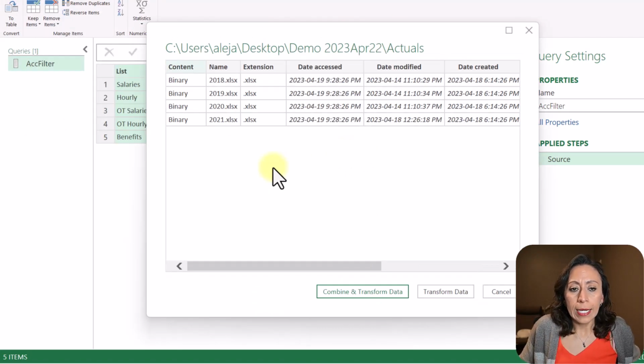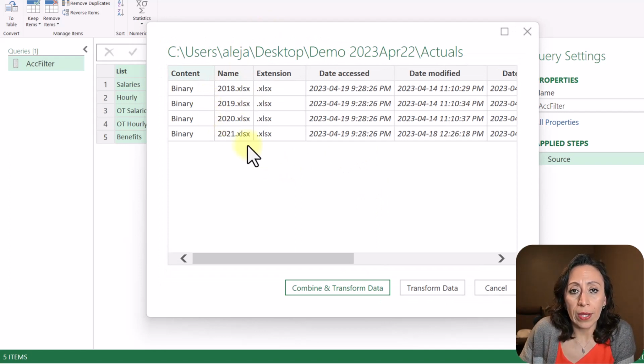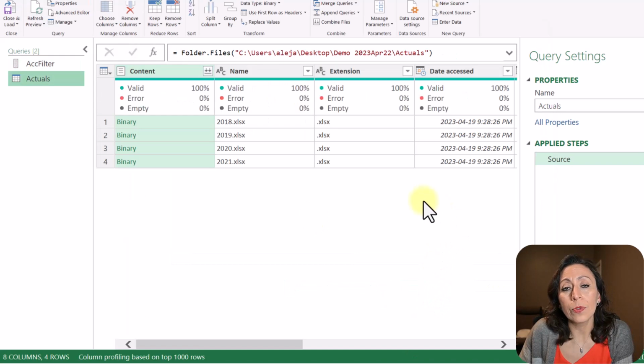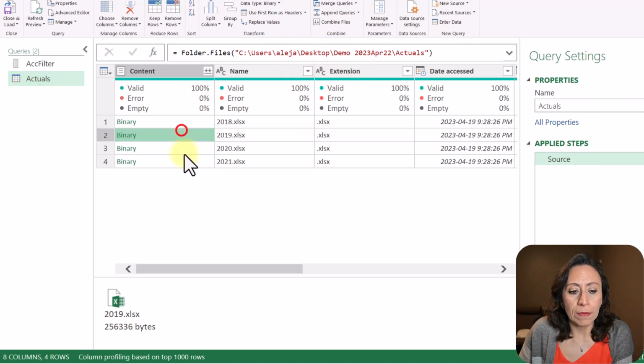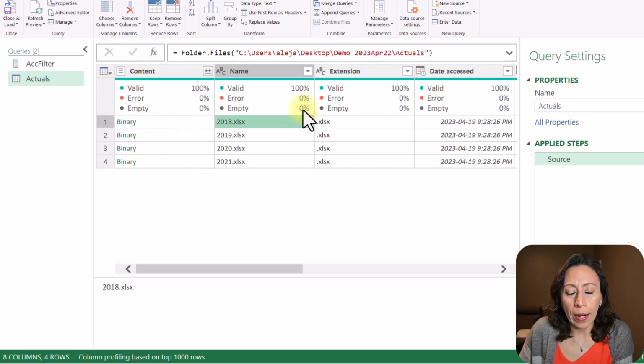Here we will see the content of that folder, the 4 files that I showed you. I'm going to click transform data. And this is the source. This is correct. This is as binary. And one thing that I would like to do is to prevent errors. So let's filter this column name.